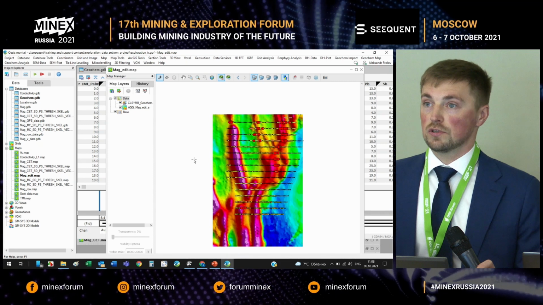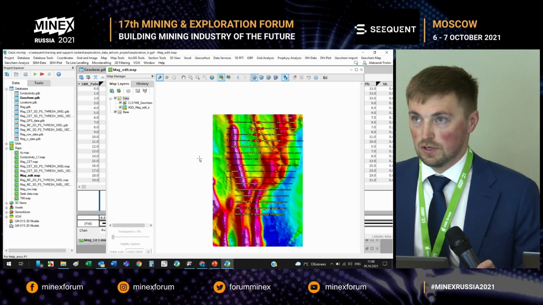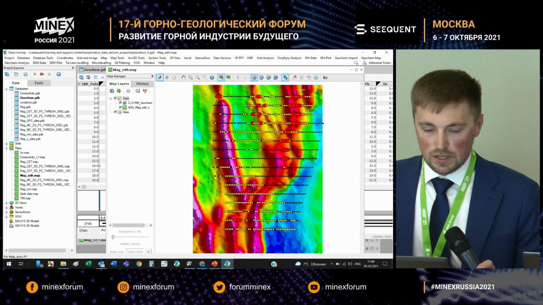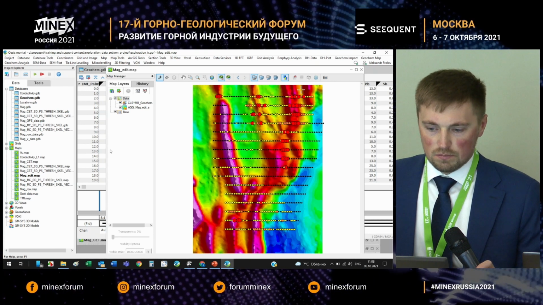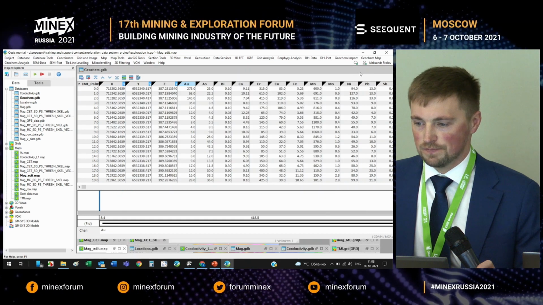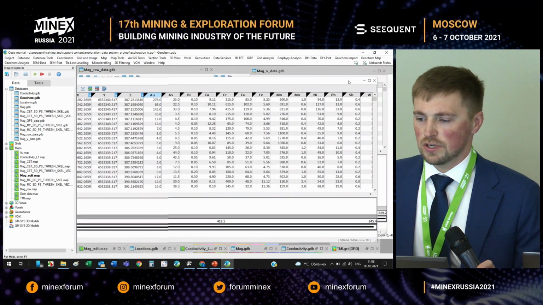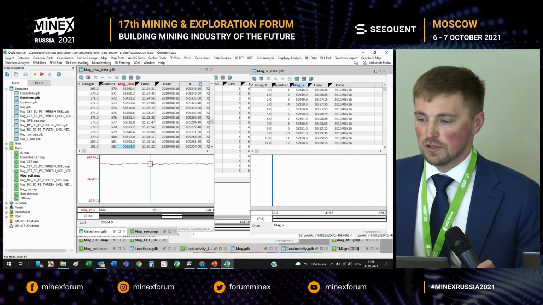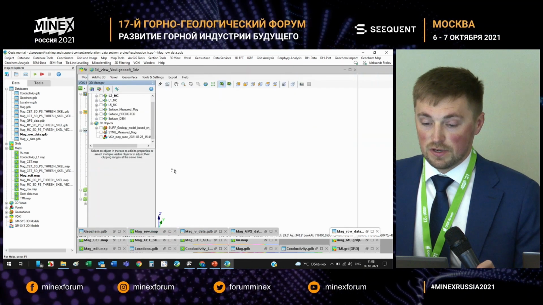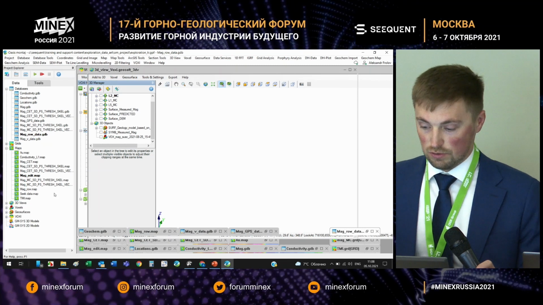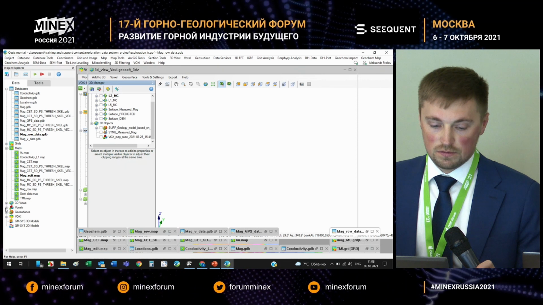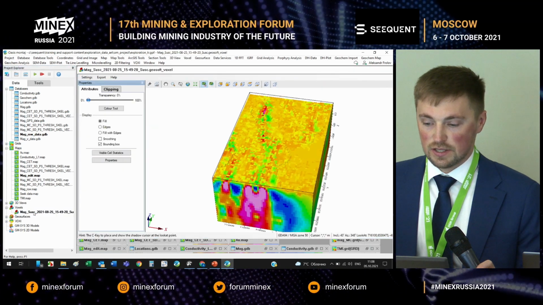And then, once this is done, it will be communicated to Central, so the specialists from other departments can use this information as well. Next, we'll be analyzing this data through Leapfrog, these maps and lines, because often those are communicated without any possibility of analysis, and then geologists use them, but not properly, without interpretation.